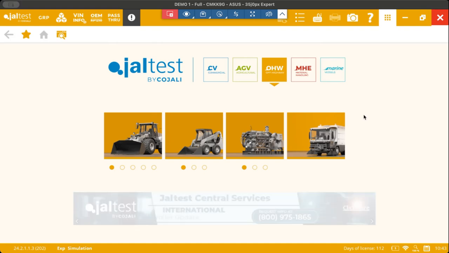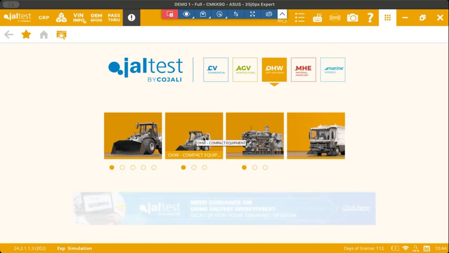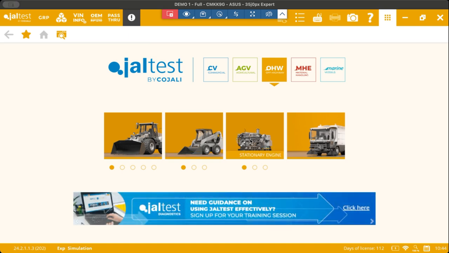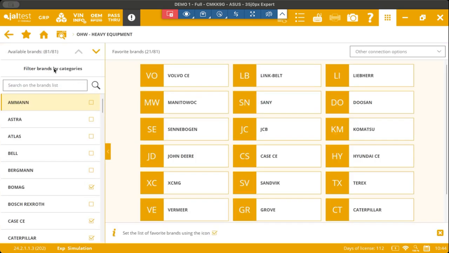All right, today we're going to have a look at the off-highway section. Specifically, we're going to be looking at heavy equipment. Just so you know, we also have availability for compact equipment, as well as stationary engines and multi-purpose vehicles as well. Now, when we jump into heavy equipment, you'll see on the left side, there are about 81 brands